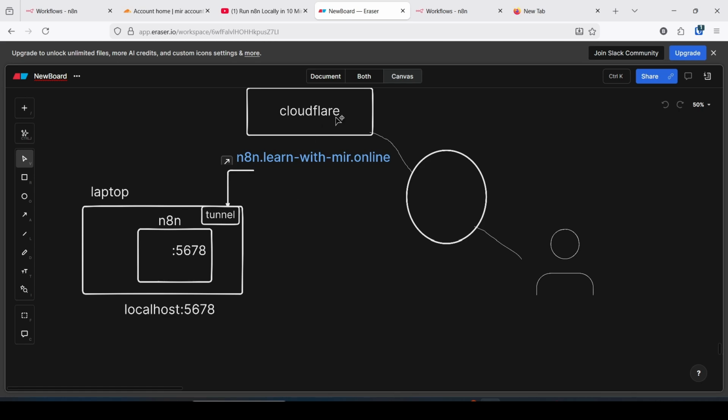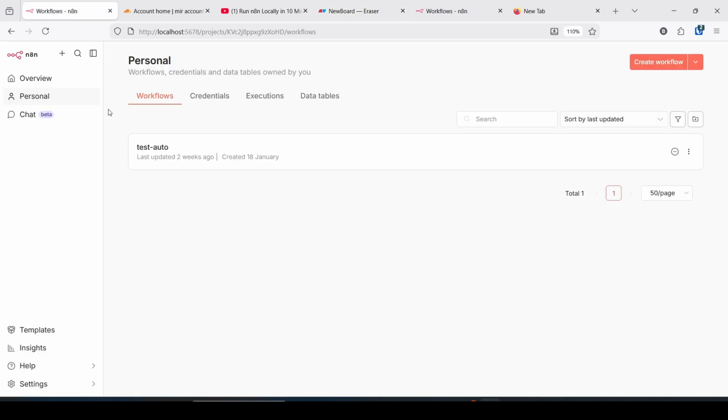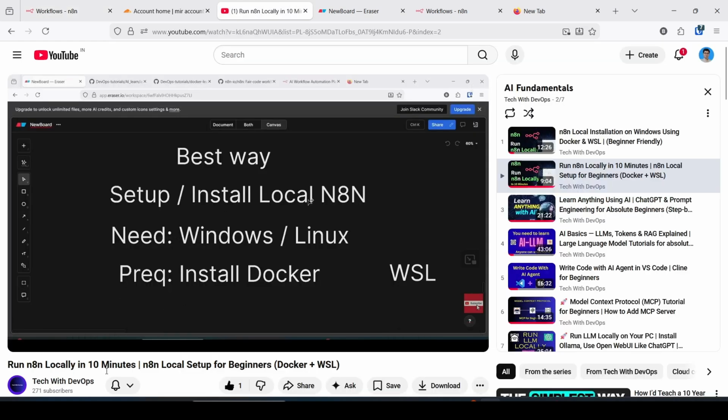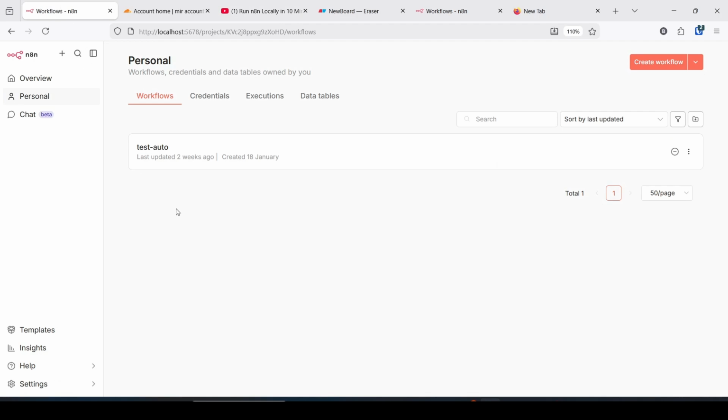This is the Cloudflare tunnel. How to expose your localhost to the internet by using Cloudflare tunnel? First, you should install n8n on your local PC. I have already shown it in this video, how to install n8n on your local machine. You can check out this video. After installing n8n on your local PC,